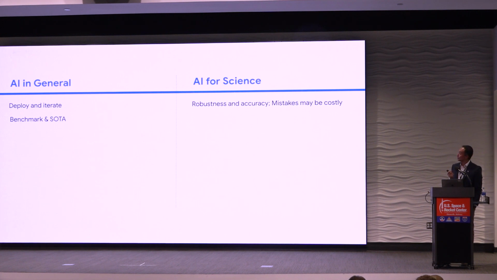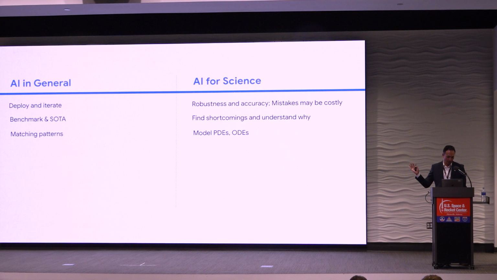Most of the time in AI in general, we want to benchmark and beat the state of the art. While in science, science is all about understanding, right? We want to make sure that when things don't work, we know why they don't work. A lot of times in AI in general, we seem to match patterns, pattern recognition, finding cats in internet videos, things like that. But in AI for science, we want to model these physical phenomena, right? And we do that by looking at partial differential equations or other physical phenomena that govern the